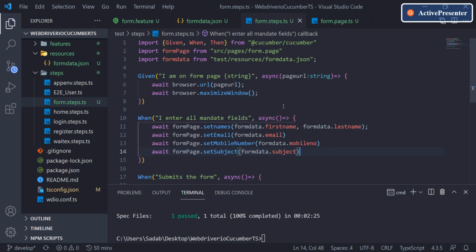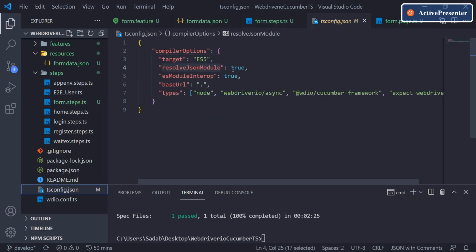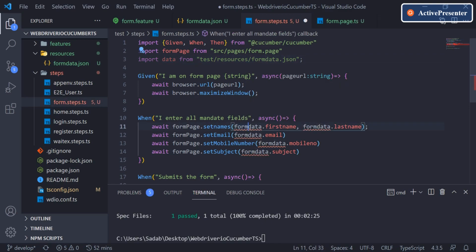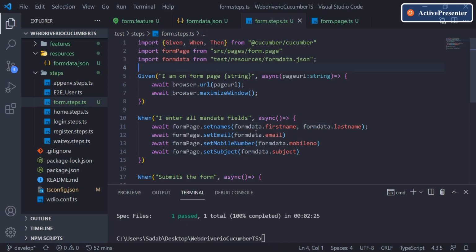Now we are able to read it. We have imported it. While importing, it was not suggesting this file name automatically. So what we did: we opened this configuration file tsconfig, updated the property resolveJsonModule equal to true, and then after some seconds it was auto suggesting formData again. With that, the reference variable can be just data also. It's not necessary to keep this name, you can update it here and it will still work, right? I'll keep it formData just to keep it meaningful.